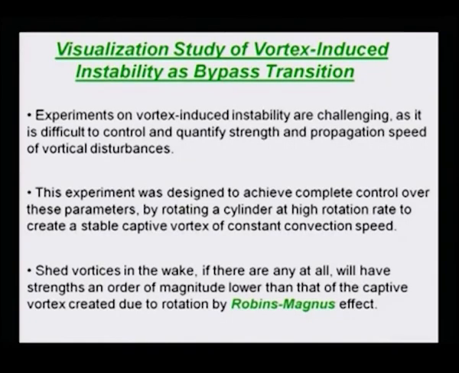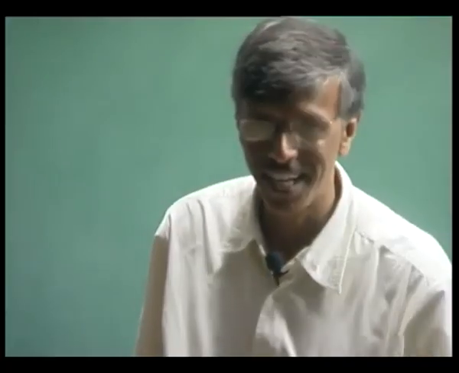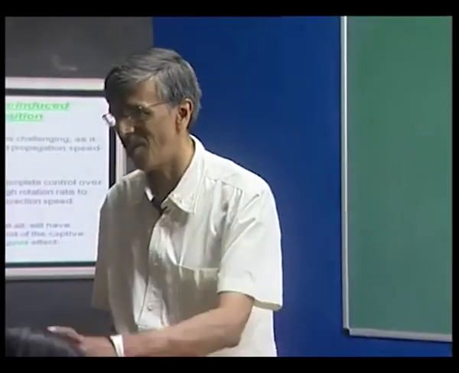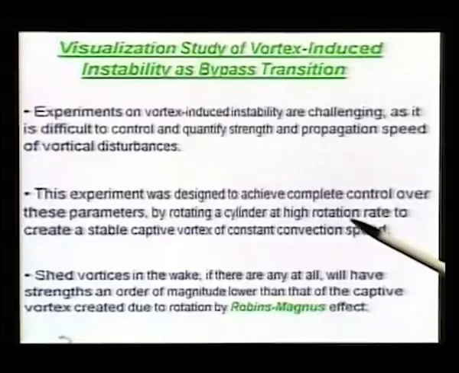So this is quite challenging because of those parameters that you want to control. The control parameters could be the strength, the propagation speed, the height, etc. And not only that, even the sign of the vortex. You know, you want to create a counterclockwise rotating vortex or a clockwise rotating one. How do you do it? Okay, that's what we did.